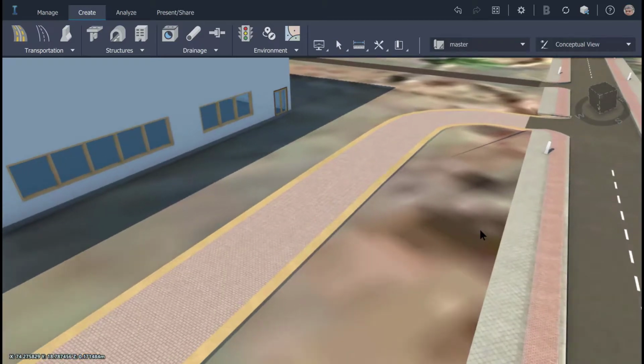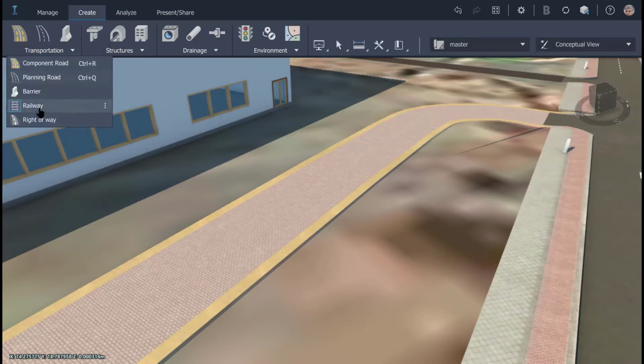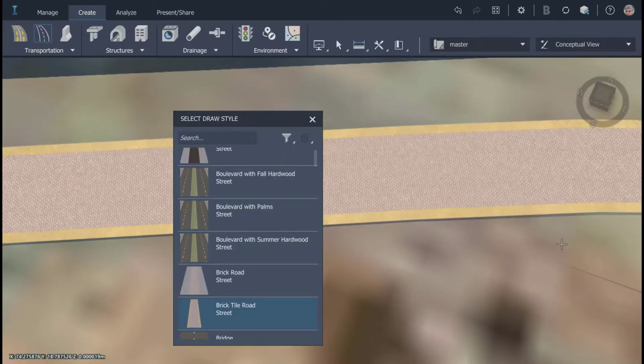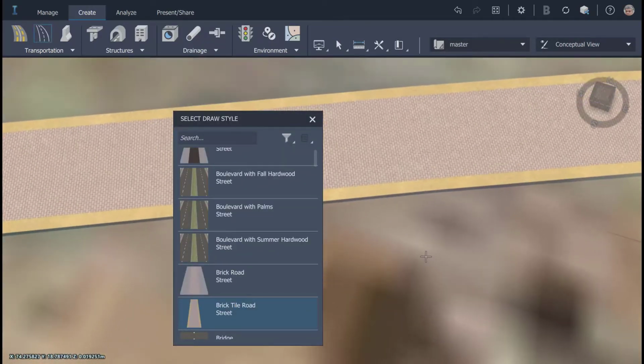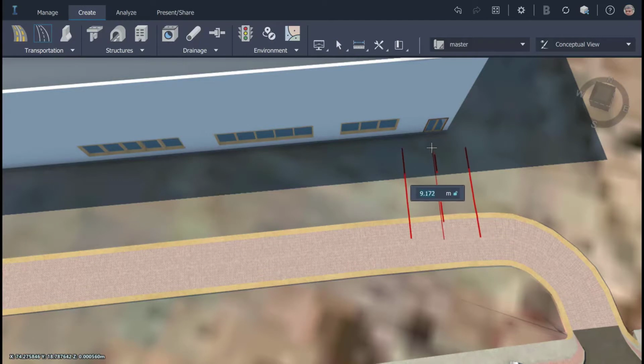Next, as the approach road is created, I create a small path for walking towards the office main entrance or the office lobby. This is the place where most visitors and office workers would enter the factory.